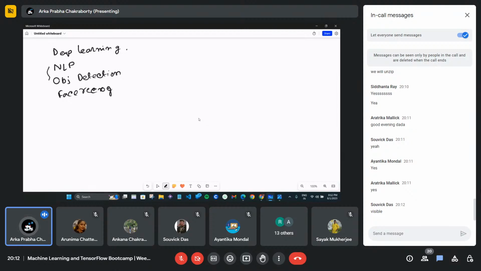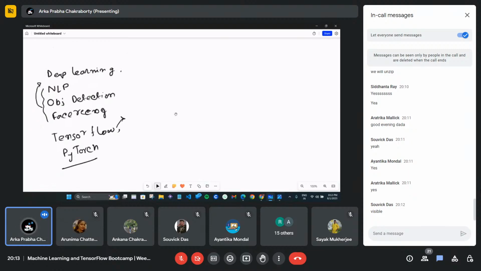This whole task can be performed by deep learning. So for this kind of process, we need a framework, that is TensorFlow. We also have another framework, that is PyTorch. But for now, we will be considering TensorFlow for today's session.